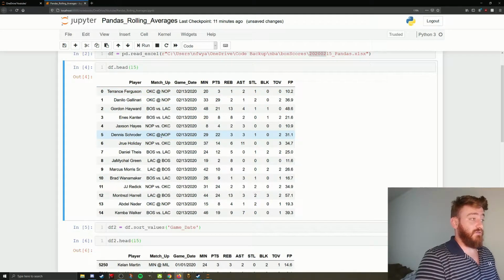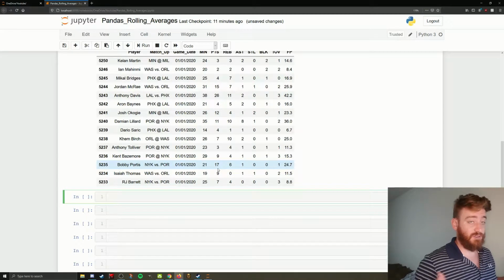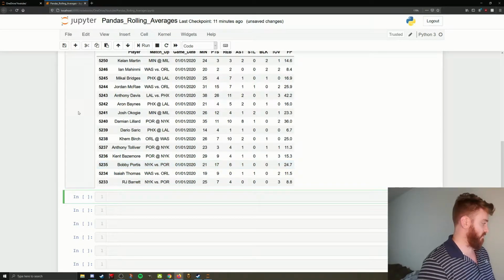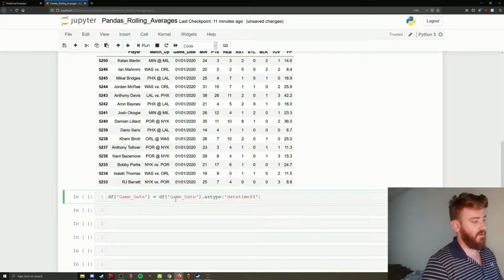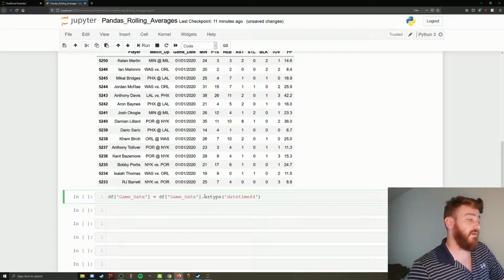So what we need to do is change the data type of the game date column to an actual datetime type. And to do that, we're going to utilize this command here. What we're saying is, from our data frame, we're looking at the game date column, and we want that to equal our data frame game date,